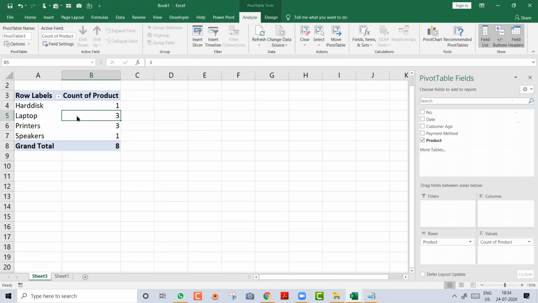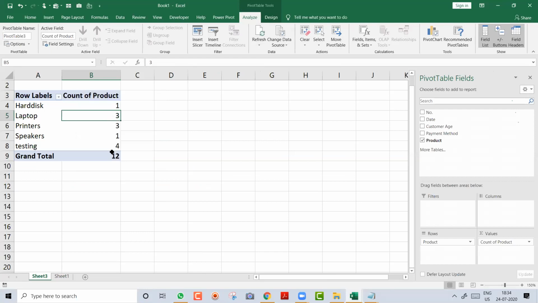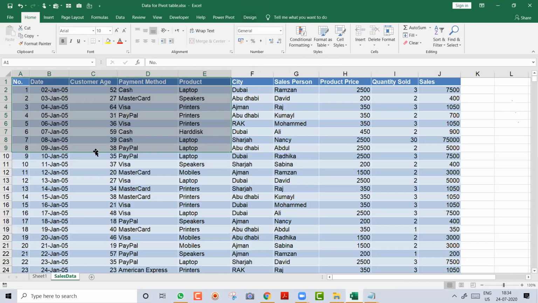No, you just right click and say refresh. Here you will see 4 records of test have come. This is the difference between a range and a table. I would have shown you range also, but I showed you first convert to the table so that in future, if you add more data, you can just refresh and all the summary report will be updated.